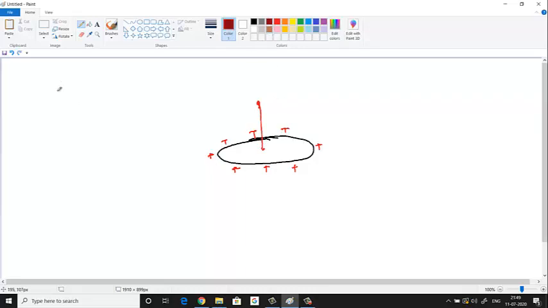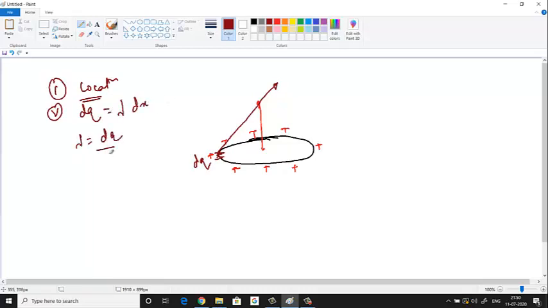So what should we do first? Decide the location of the charge. Suppose I take this charge, and let us call it dq. Second step: dq is what? Lambda dx. How? Because lambda is equal to dq by dx. Of course, it is equal to q by l. I'm just writing dq by dx. So dq is lambda dx, where dx is the small length. So at this point P, due to this dq charge, what is the electric field? dE. Let us say this angle is theta. And if I extend this line, this angle will also become theta, vertically opposite angles.